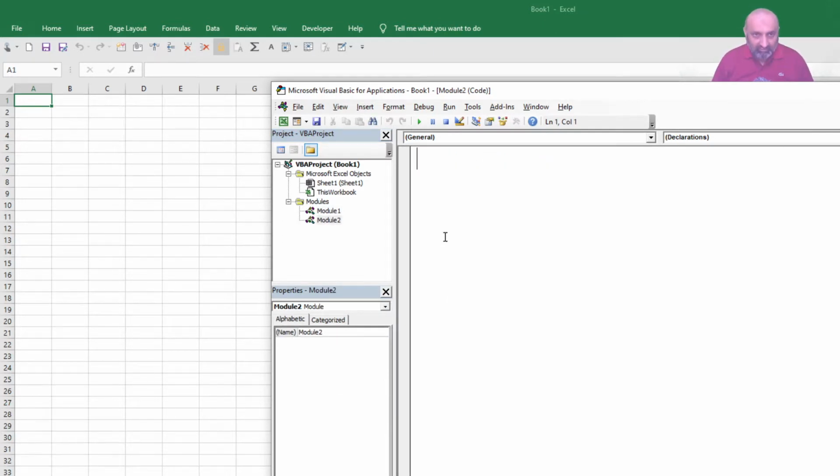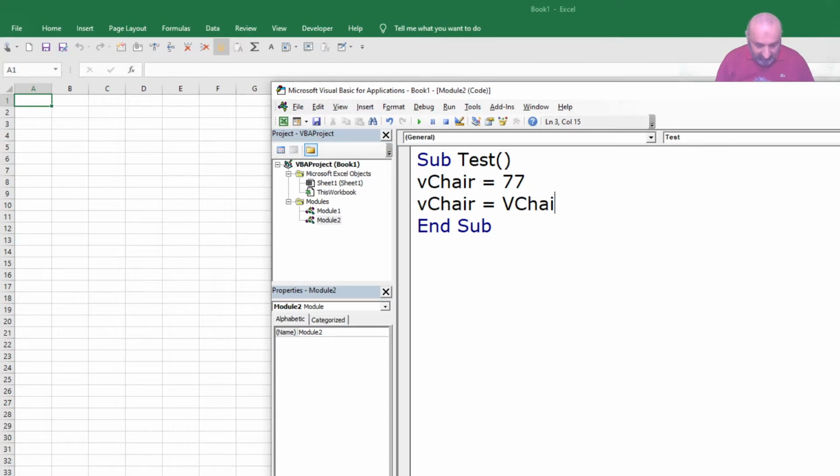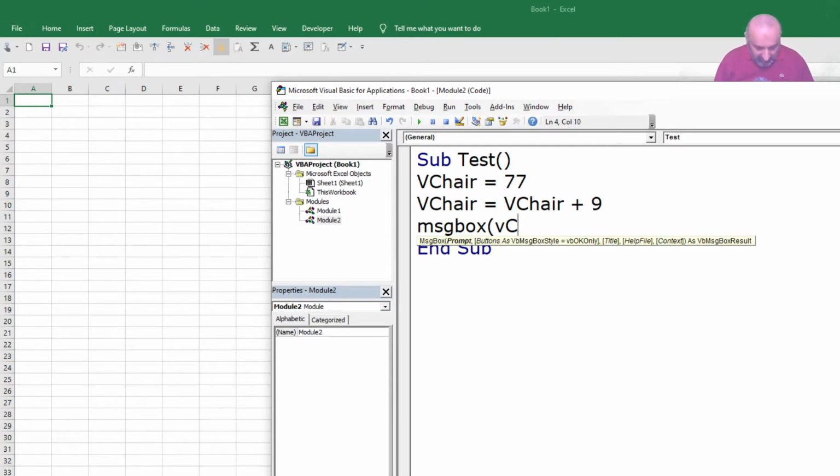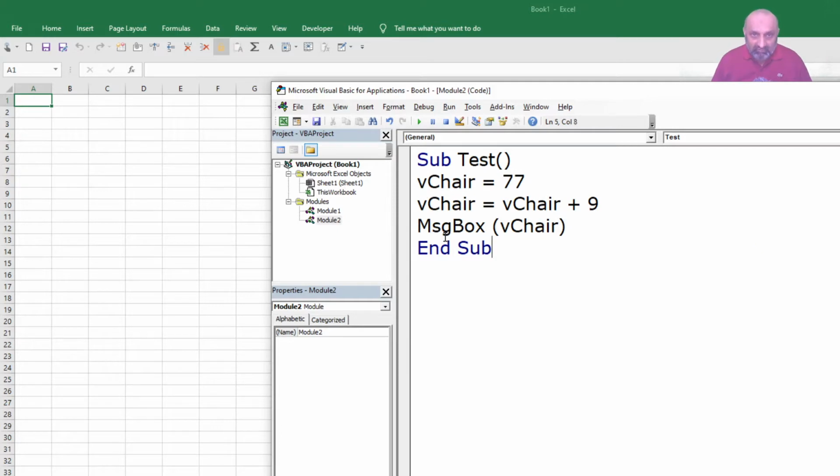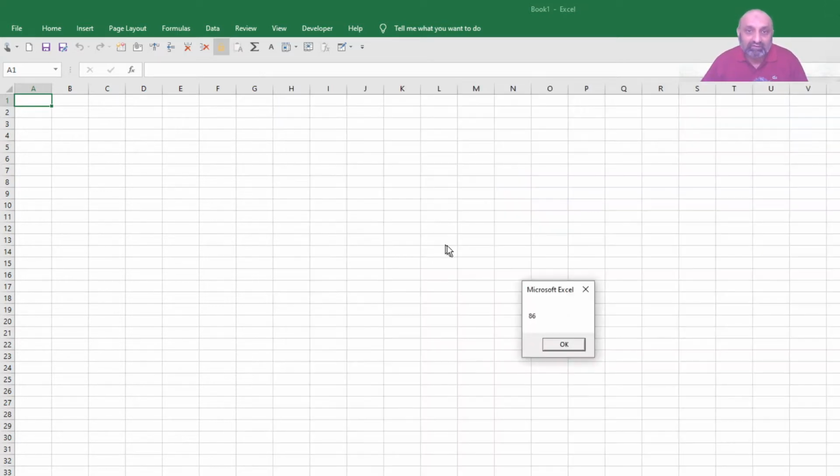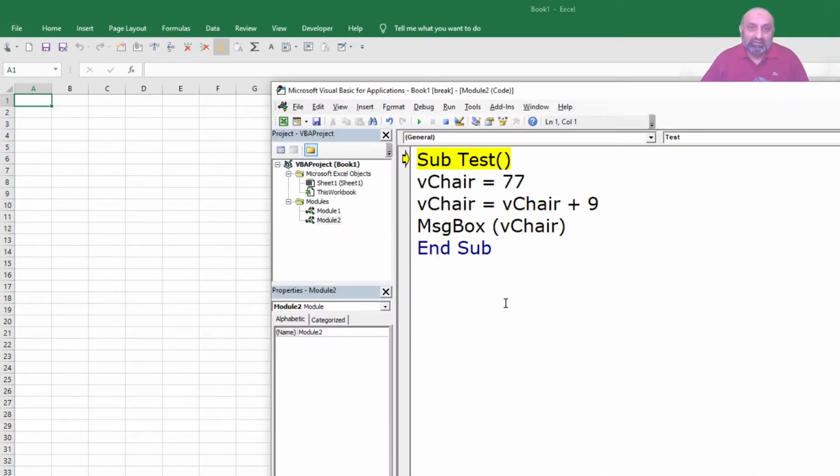Okay, so in this module, I say sub test macro, and let's say v chair is equal to 77, and v chair is equal to v chair plus 9, and again let's display it, message box v chair. Okay, so this is the code. If I run this, it should run and it should display 86. You can see that.